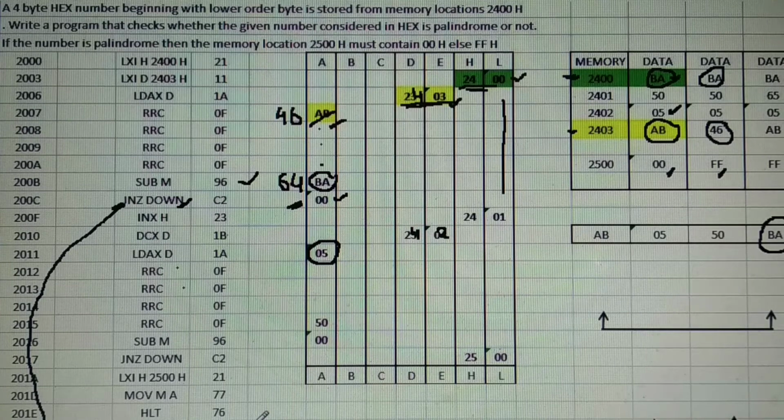instruction. In accumulator, bring the number FF. After bringing the number to the accumulator as FF, again you have to take the jump to this instruction. LXI H2500. Here actually jump instruction should be there. LXI H2500. Go to that instruction. I will put here label up. Go to that instruction.